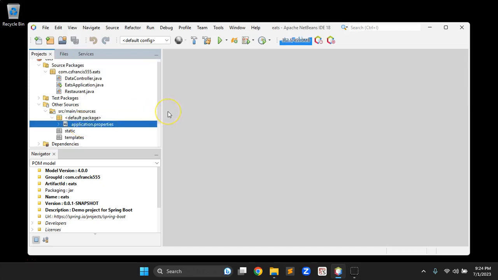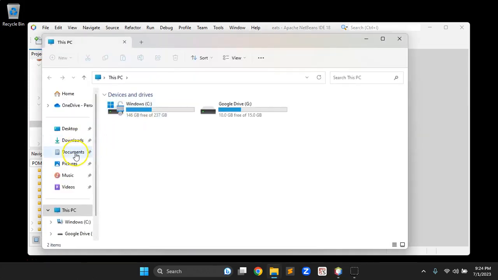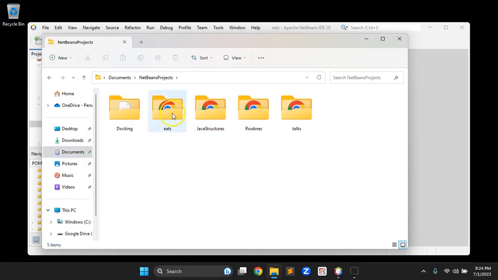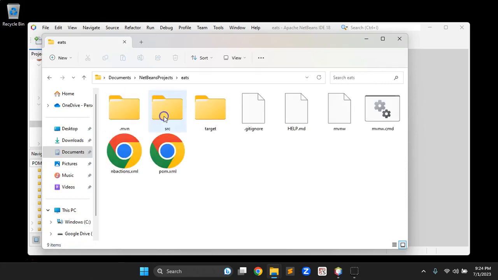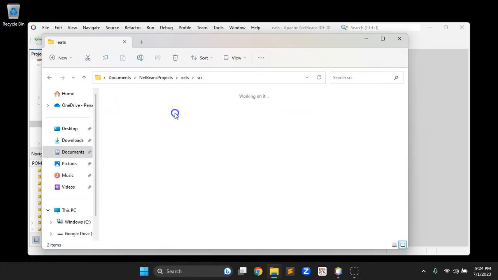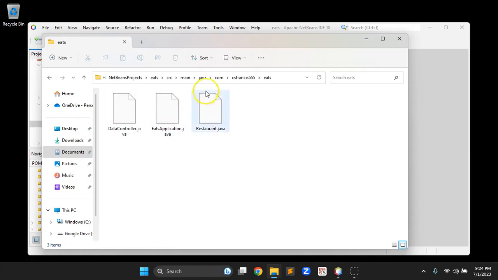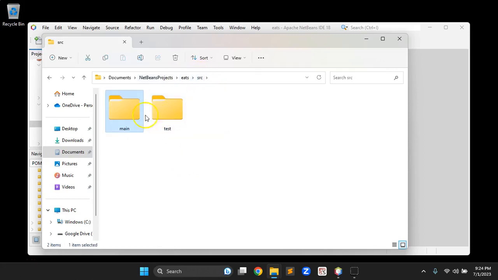So let me jump over to File Explorer real quick. In File Explorer, if I go to the NetBeans project, there's some other projects integrated for the class: talk to text, data structures, stuff with Docker. Hopefully it's going to be a really interesting class. In the source file, and this is why we'll be using Ant most of the way through the project, because the source files are only one folder deep there. Oh, not in that one. In source main